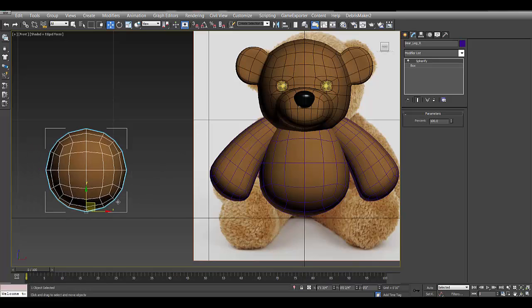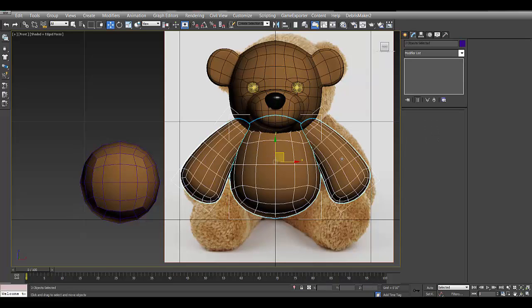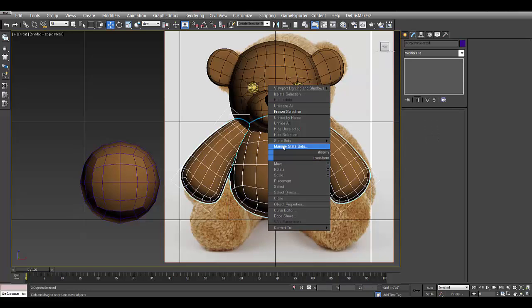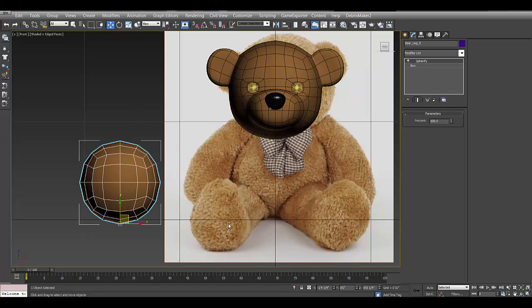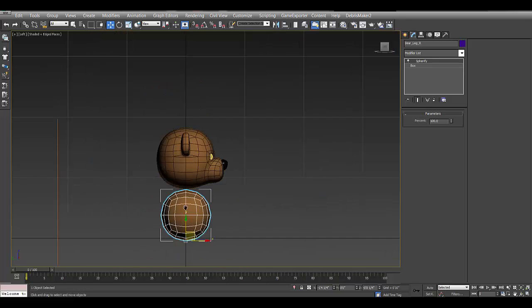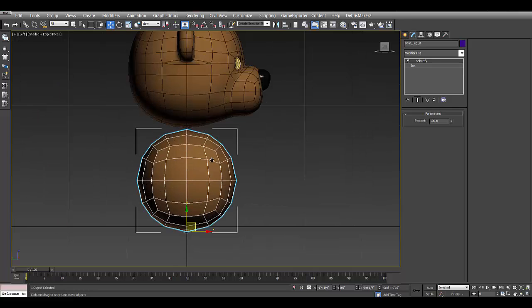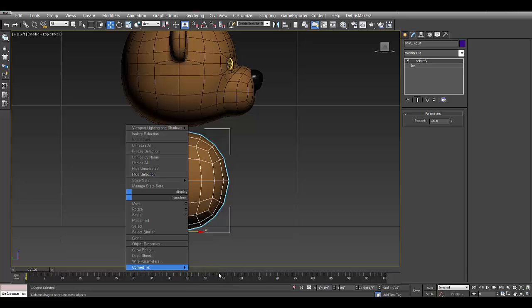Okay, so the leg, we'll go ahead and do the leg. And at this point, if you're trying to line things up with the drawing and anything's in the way, you can grab your pieces, just right click and hide selection, and we'll just focus on the leg. Okay, so the leg I'm going to do from the left view. So I'm going to take this object from the left view, convert it to editable poly,